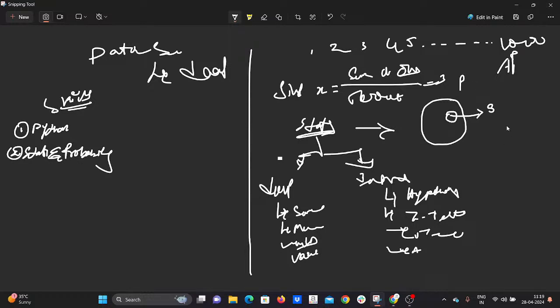So I collect samples from some districts: some from Anantapur, some from Kadapa, some from Raichoti, some from West Godavari. I collect samples from some districts in AP and analyze the data. Based on the sample data, I will analyze whether people like to buy our product or not. This is a crucial step. If people are mostly interested in buying our product, definitely we can start the business, right?